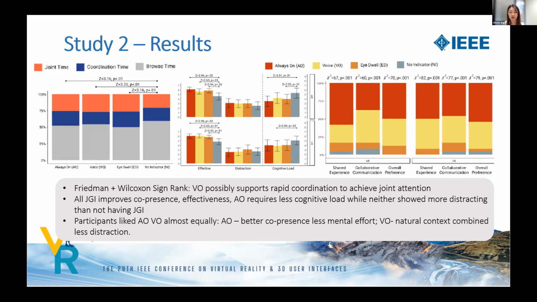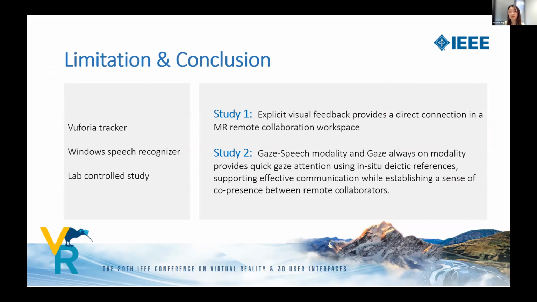Quantitative feedback also suggests that having a constant joint gaze indicator provides a consistent bidirectional view while establishing a sense of co-presence during task collaboration. So there are limitations to our study nonetheless. The Vuforia marker used to align the AR/VR coordinate system had limited tracking accuracy. The Windows speech recognition is cloud-based and has delays depending on the network speed and accent recognition issues. Lastly, the study was conducted in a lab-controlled environment lacking real-world practices, and the performance can be affected by